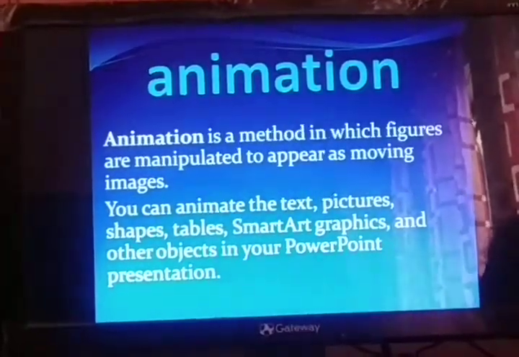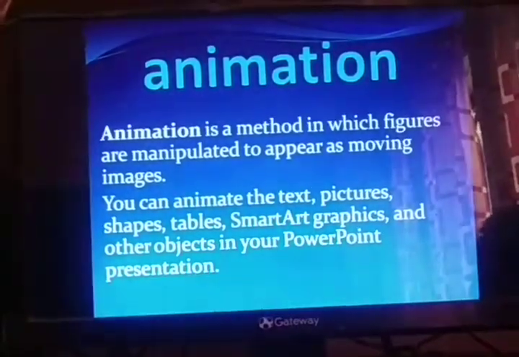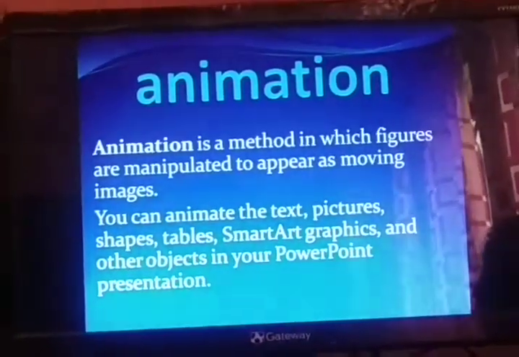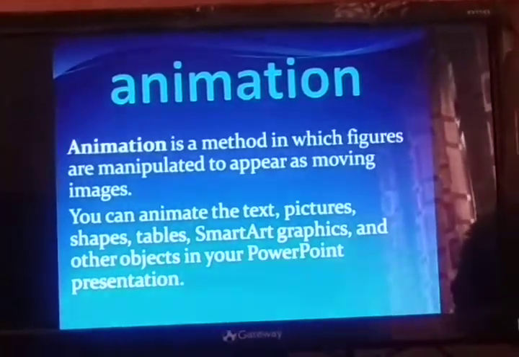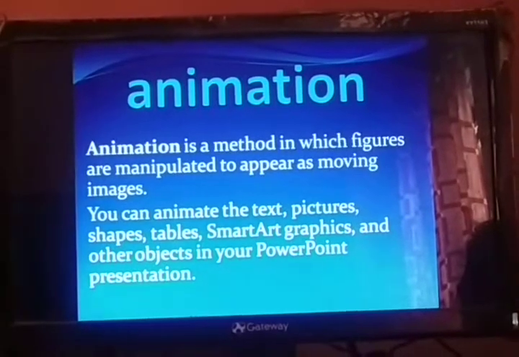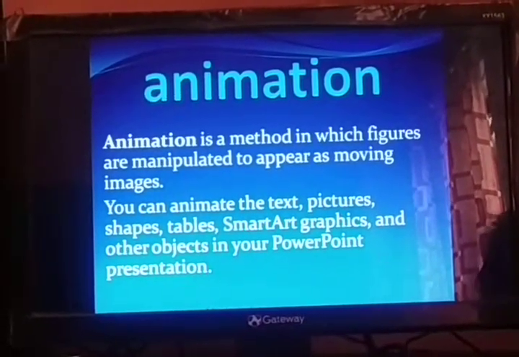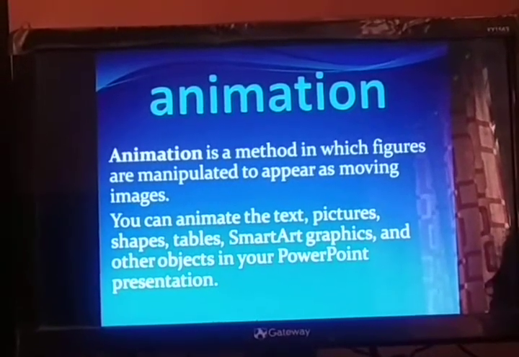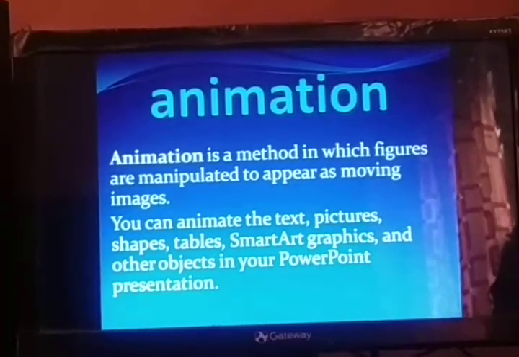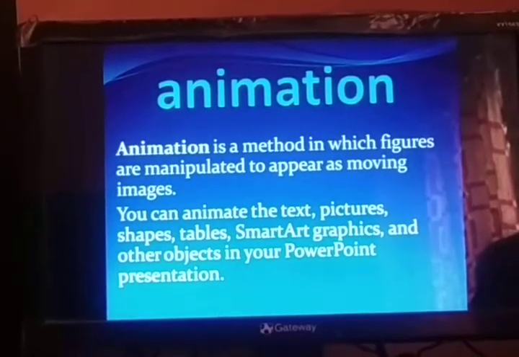So animation is a simulation of movement displaying graphics, pictures or text. Now you can animate the text, pictures, shapes, smart art, graphics, and other objects in your PowerPoint presentation.